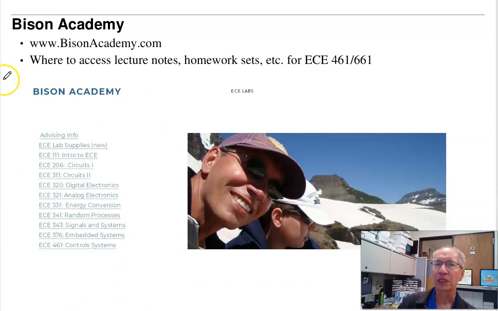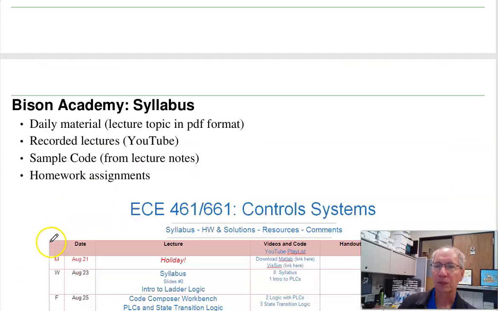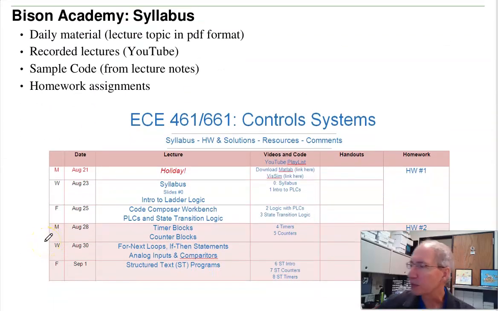Now the textbook is Bison Academy. Just go to bisonacademy.com and that'll take you to the textbook. We're under 461 controls. Under control systems, 461,